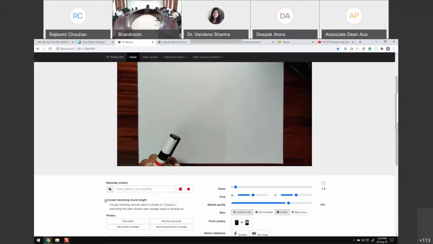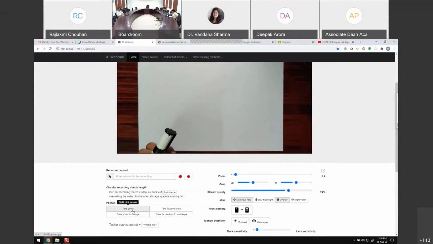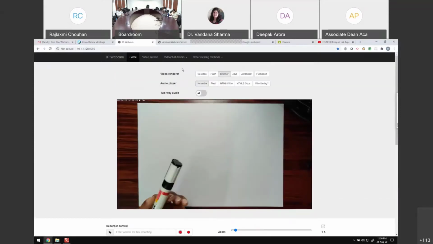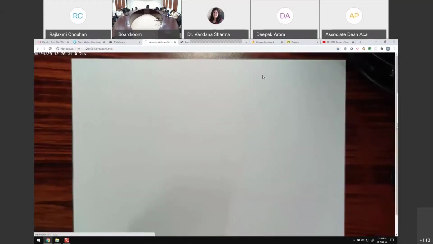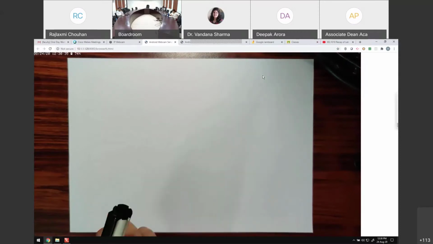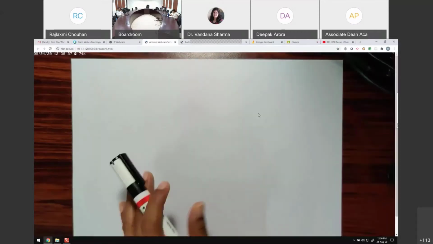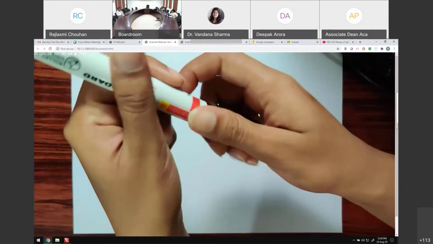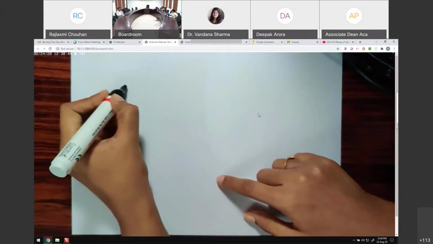You can also record, you can click photos, you can save photos or snapshots. So please feel free to explore this app. Now I'm going to the full screen mode. So ideally, when you would be teaching in class, you would want a full screen mode, right? So I have a marker, and now I start explaining.